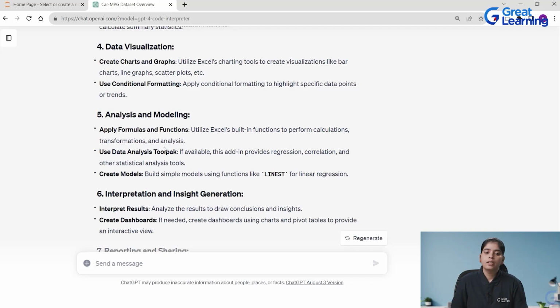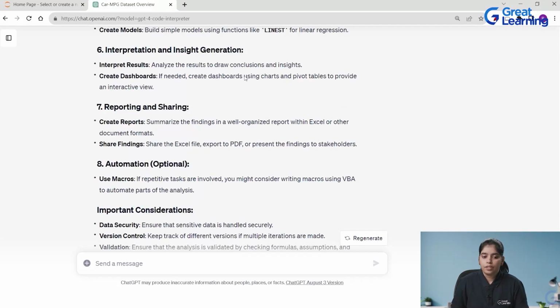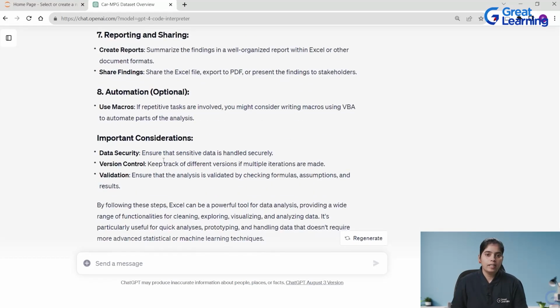We're going to do that. Then after analysis and modeling and interpretation and insight generation. Today we're going to analyze the data using Excel. Let's understand data analysis using Excel command step by step. So these all are the steps which we have already covered when we were discussing the data analysis using Python